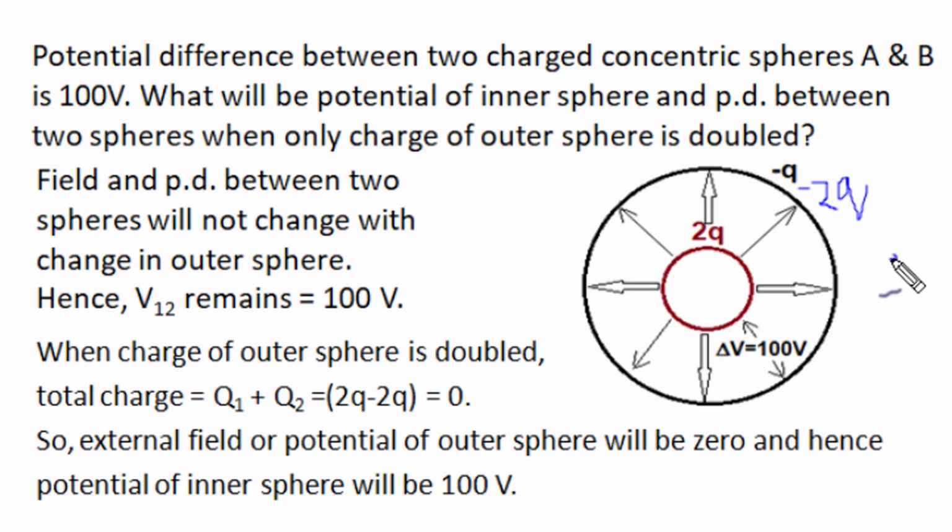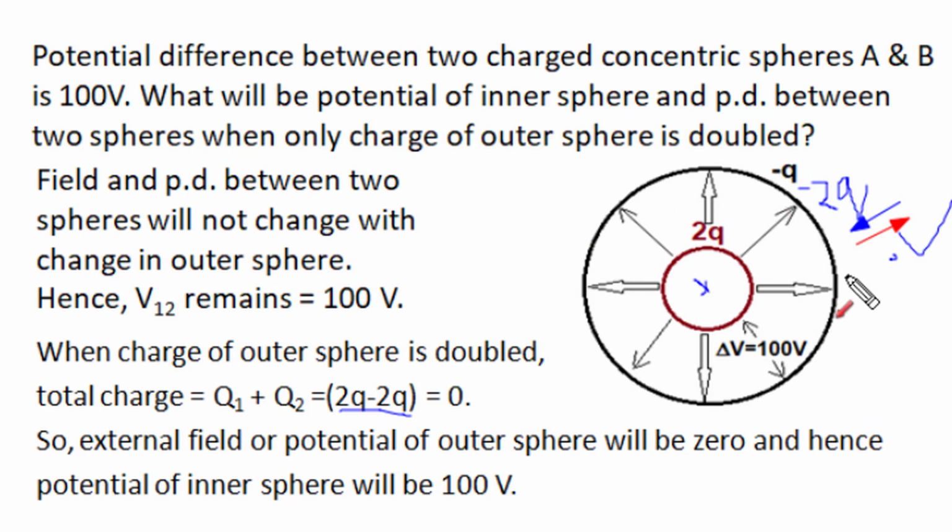For these external observation positions, if we consider sum of charges of these two spheres q1 and q2, then this sum plus 2q and minus 2q becomes 0, and for these external positions both spherical charges will act as concentrated point charges acting from this central position, and since this sum charge is 0, electric field contributions by these two charges, radial outward of positive charge plus 2q and radial inward of minus 2q charge, are equal and opposite, so resultant electric field becomes 0, and in this 0 electric field, if we move unit positive charge from infinity to surface of outer sphere, total amount of work done is 0.